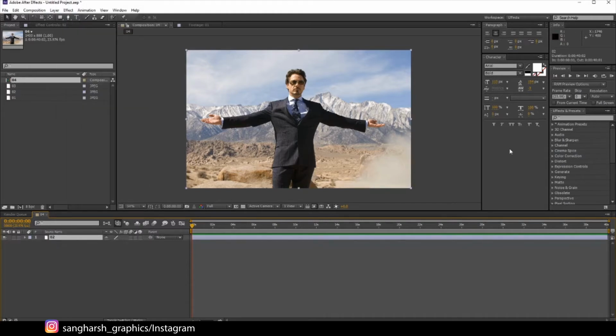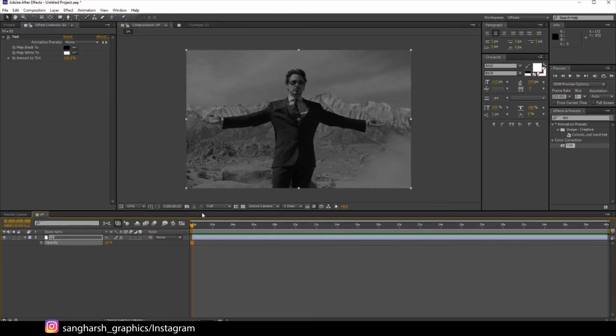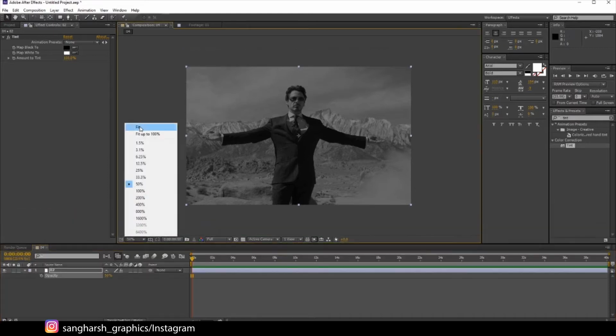For creating, firstly we have to create a 3D map, a depth map. For creating a depth map, you can change this image to black and white to get a perfect view of what's happening, which layer is on top and which is not. You can use it if necessary. Now select this layer, press T to open opacity and make it 50 for now. Okay, let's just make it fit to 100%.